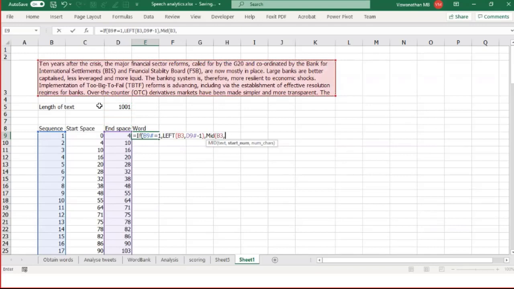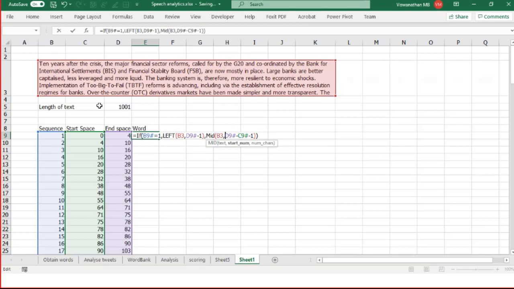comma. If the fourth letter is where my space comes, the ending space is at the fourth position and the starting space is at the first. So 4 minus 0 minus 1. Because if the 4th is a space, and the ending is a space, and the 10th is a space, how many characters are in between? That will be 10 minus 4 minus 1. So I give that, I close it.